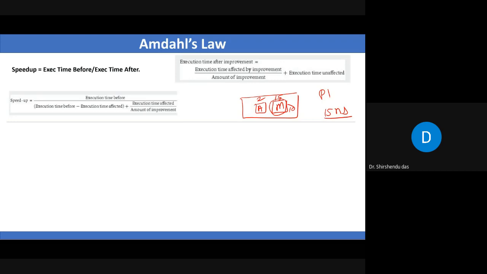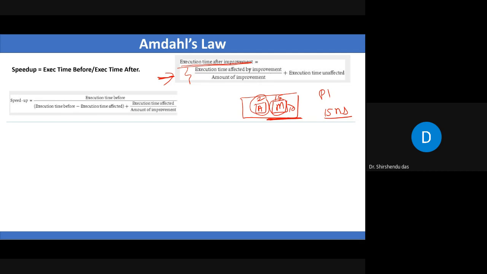If you go to the next diagram, this is a screenshot taken from your textbook. So what about execution time after improvement? You can calculate it with this formula. Execution time affected by improvement. You can see that the addition part is not affected by improvement, only this part is affected. So it says execution time affected by improvement divided by the amount of improvement plus execution time